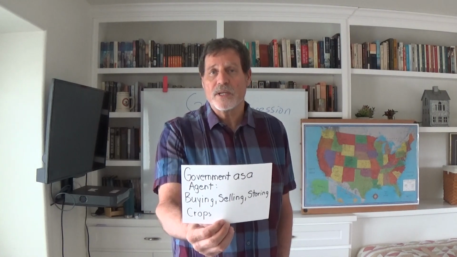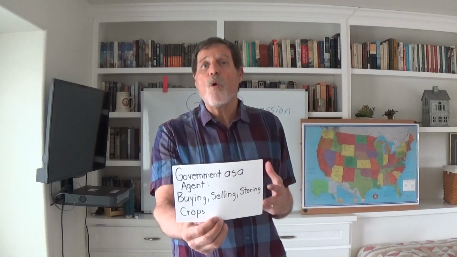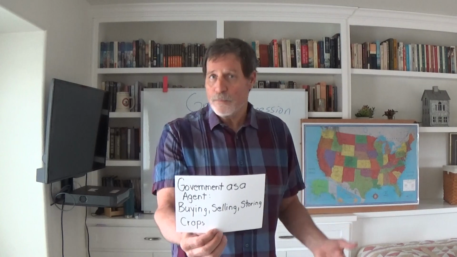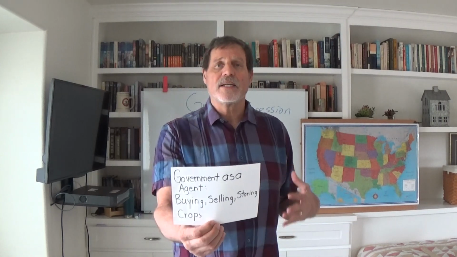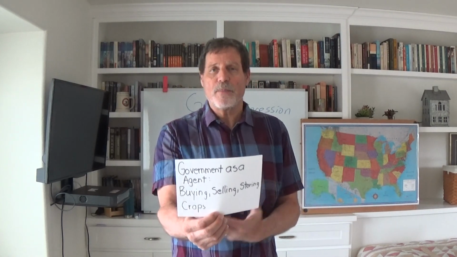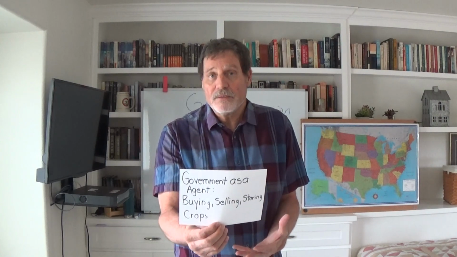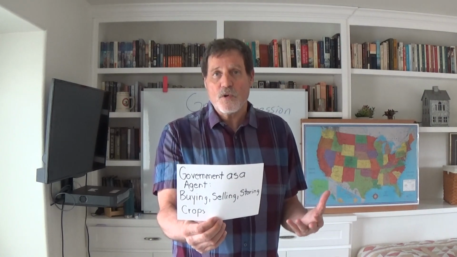The AAA would simply work as a storage function, where they would hold the crops until the price began to improve or something like that. But here's the AAA acting as an essential agent for the farmer, to help increase the chances, of course, of their economic recovery. The last thing I'm going to tell you they did was really the most radical by far.